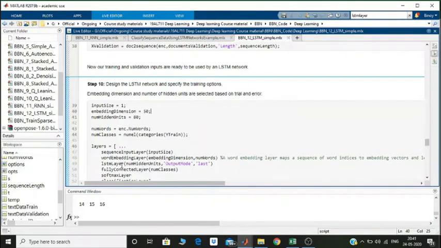This is followed by an LSTM layer, which is represented using how many hidden units you want and what output mode you want. The output mode is last, which means that once all the words in the sequence are input, once the last token or the last word in the sentence goes in, only then do you generate the output.